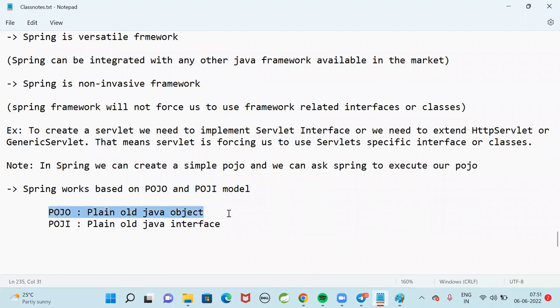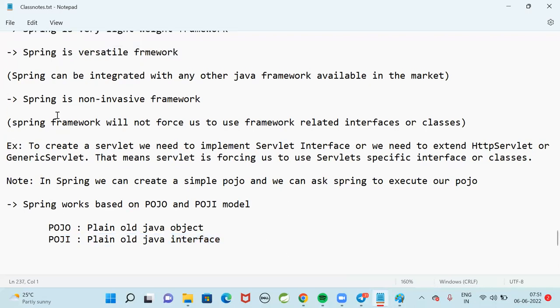That means a class which is loosely coupled. If you have just the JDK software, then you can compile your POJO. POJO means plain old Java object. POJI means plain old Java interface.